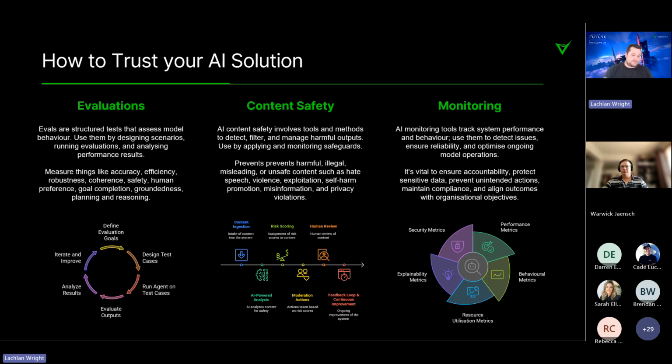And so what you want to start with is, what are my evaluation goals? What are the things that I need to test for and cover? It's important to be diverse there. So don't just think, I only care about groundedness and accuracy. Think about, is the response the right tone? Is it grounded in data that I can trust and be confident that it's giving me the right response? Some of those kinds of things are really important as well. So get those test cases designed, run your agent against those test cases, capture your outputs.